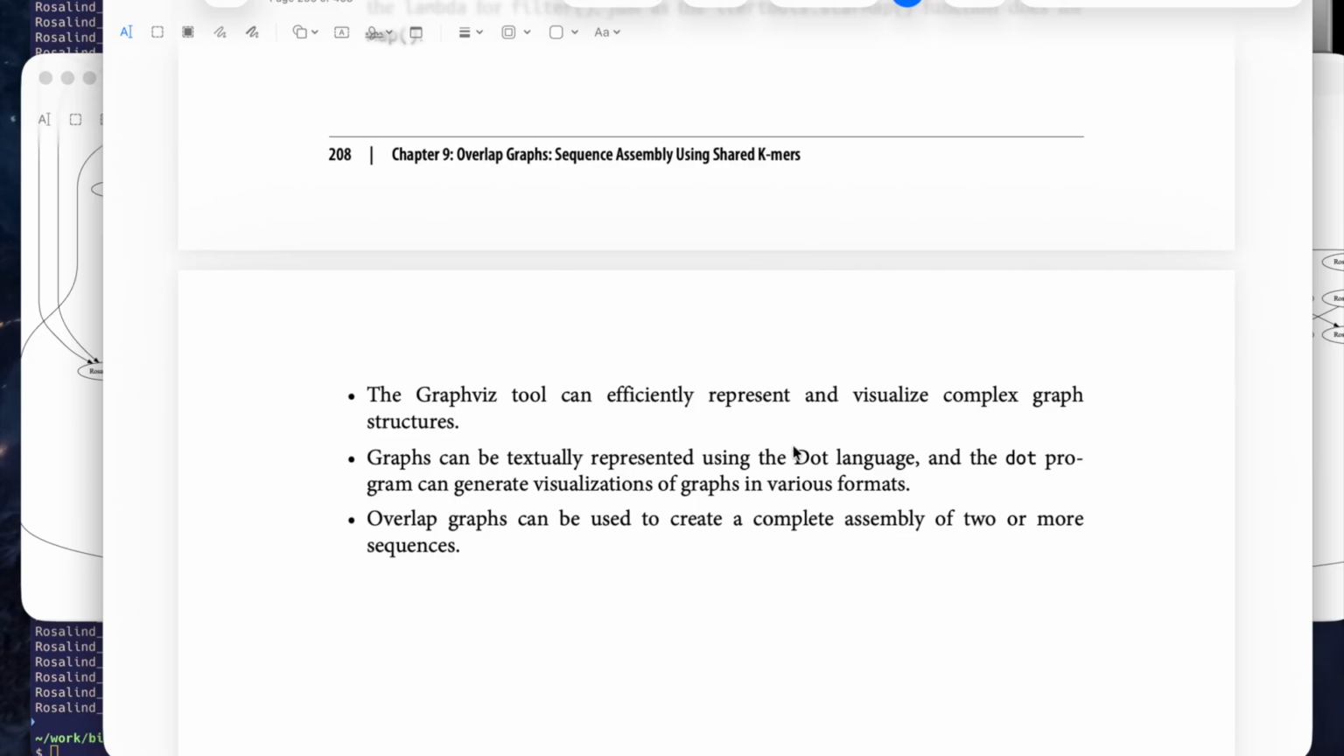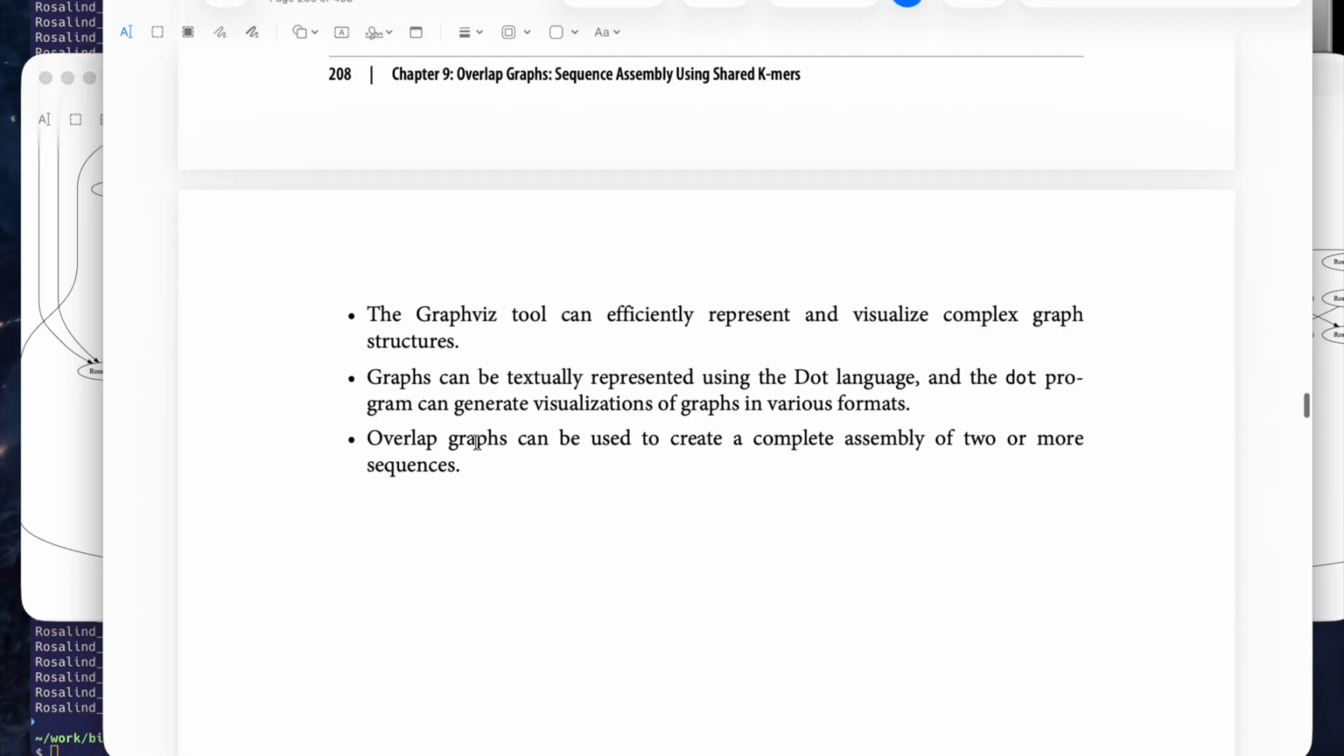We did it using the dot language, which was probably new to you. It's a very simple text format that even you could write just with Python, but I used the digraph module that helped to write it for me. And then finally, we just found that we could extend